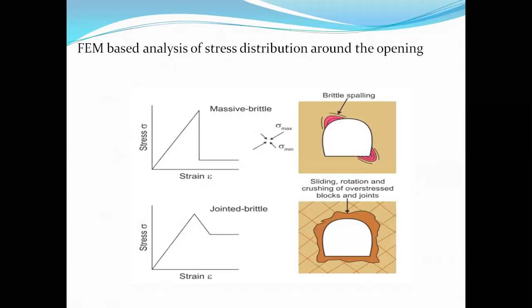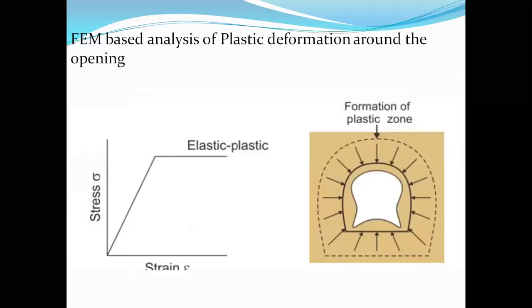Next one is another diagram. In case of plastic behavior, you see there is a complete closing of this opening, because stress gets redistributed and tries to close the complete opening. In these situations, the entire vertical area of the opening has to be supported. This is more prominent in tunnels. In such a situation, we provide some kind of arch support, like this.